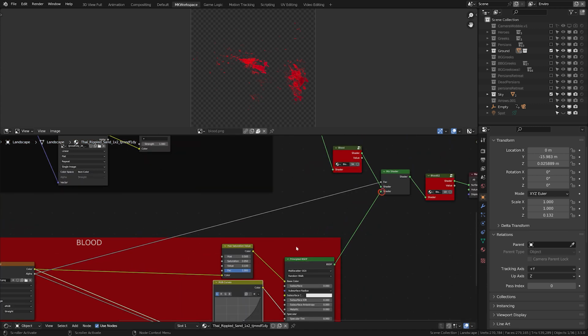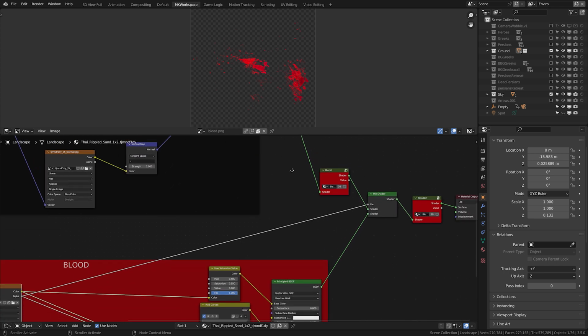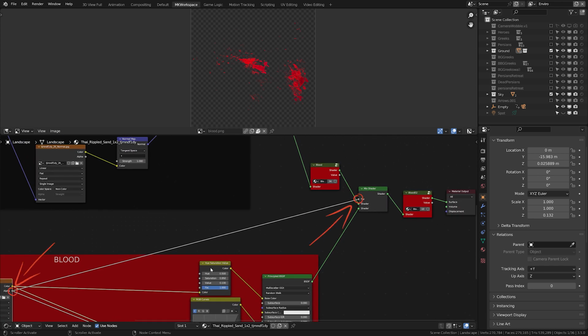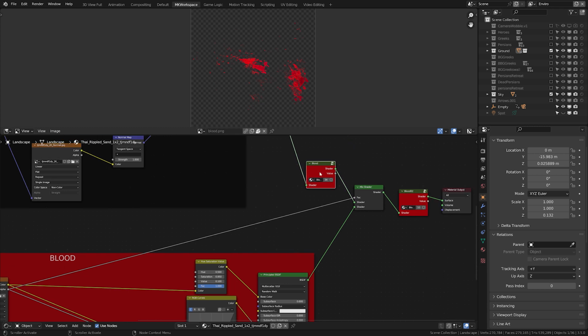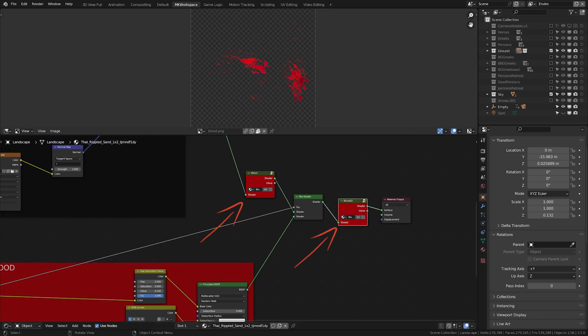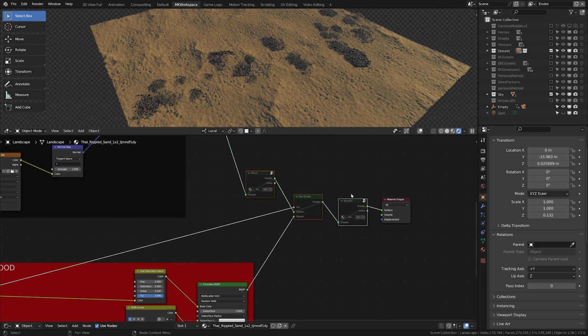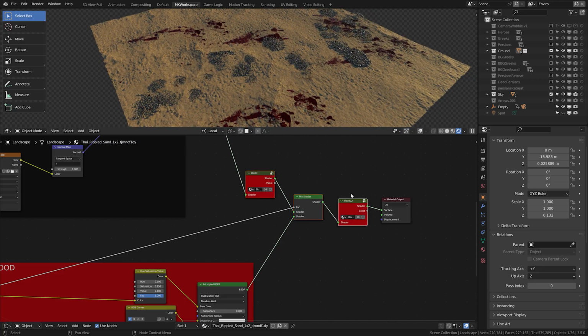I then plugged this blood material over my base material. Just a regular sand material from Megascans, and in this mix shader node, I also used the alpha socket from the blood PNG, otherwise it would make the ground visible as well. Combined like this, I in fact put this node network onto a new group, and this one I was able to just throw onto any of my materials, instantly adding bloodstains.